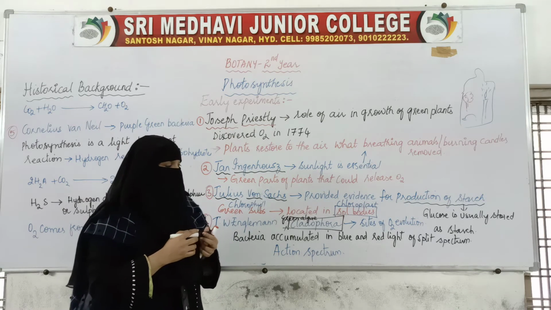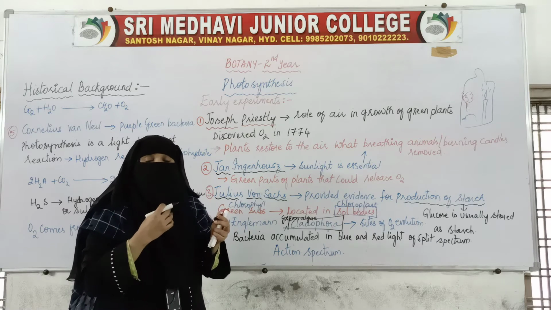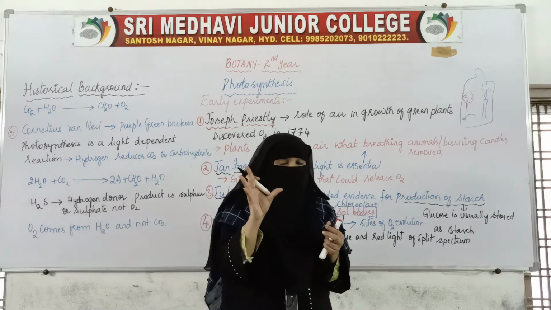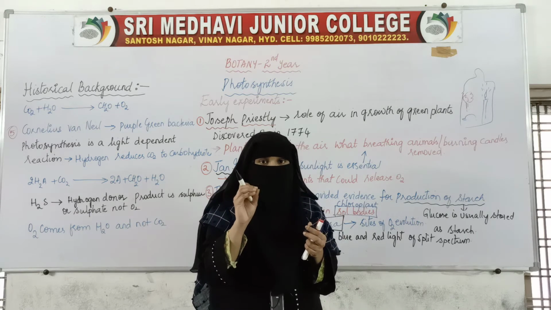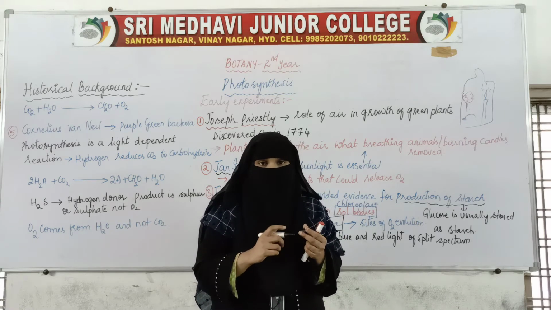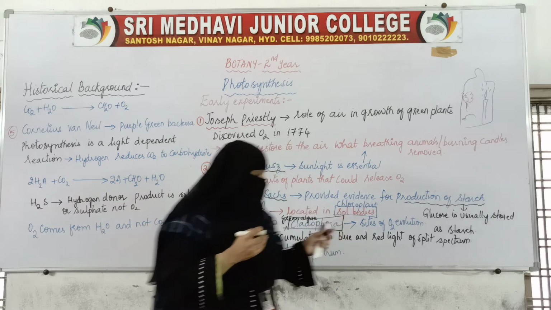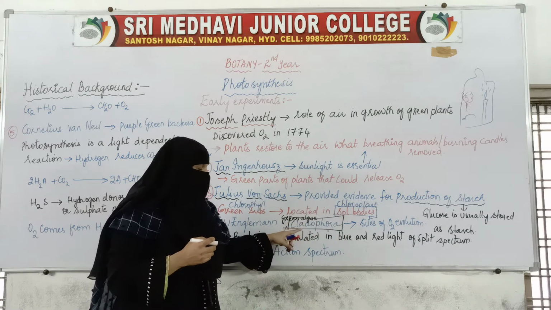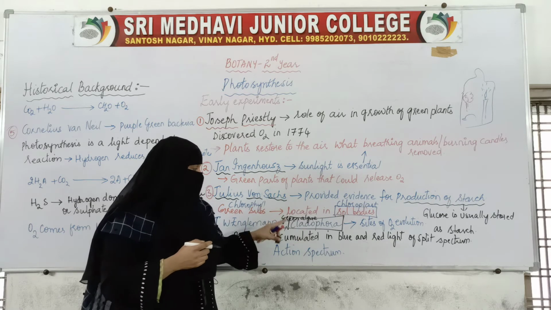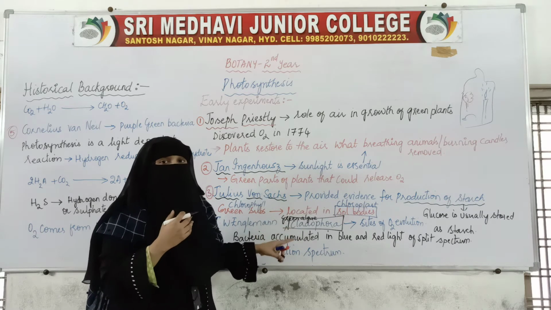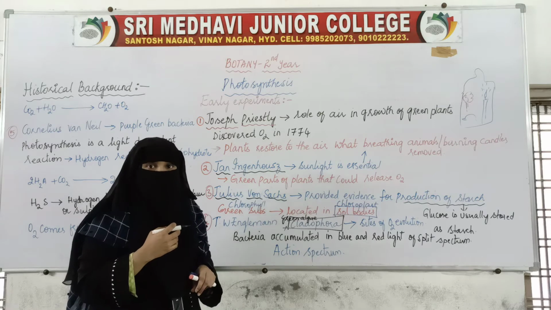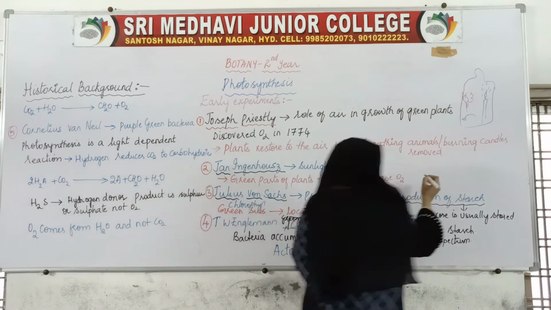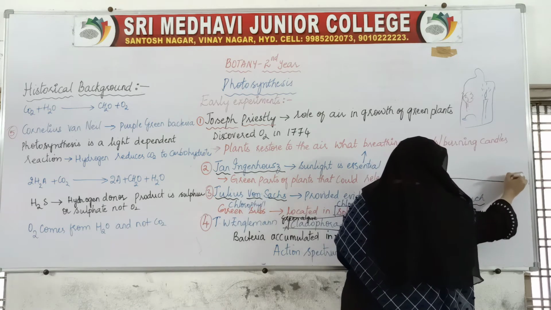He used this setup. He used this prism, and using this prism we split light. So that technique is used by the scientist Engelmann. Okay, he used a prism, and along with the prism he also used this green algae. By taking those two things he did his experiment. What he said is, so here if I draw this one,